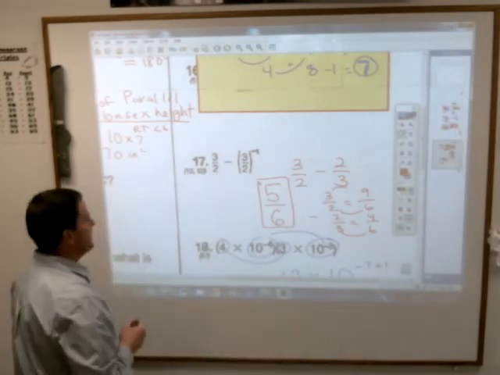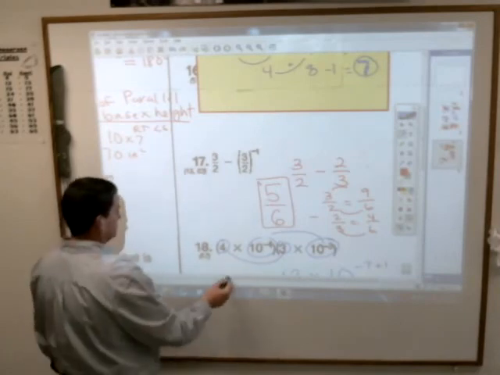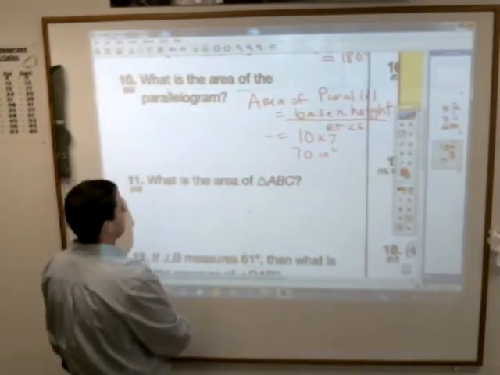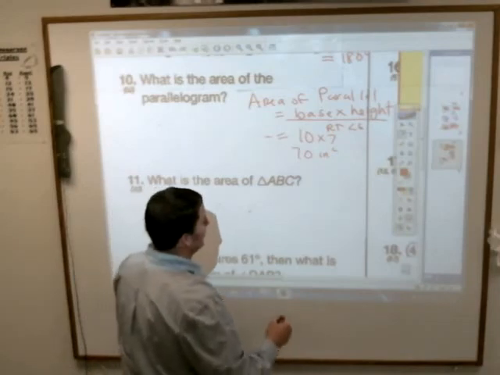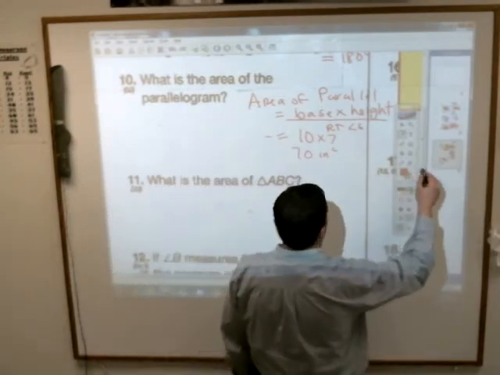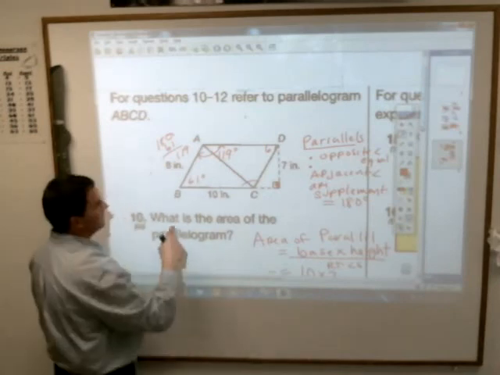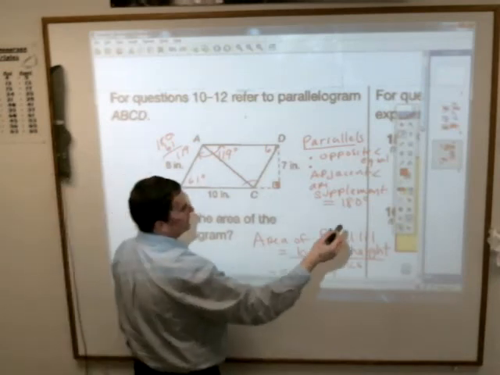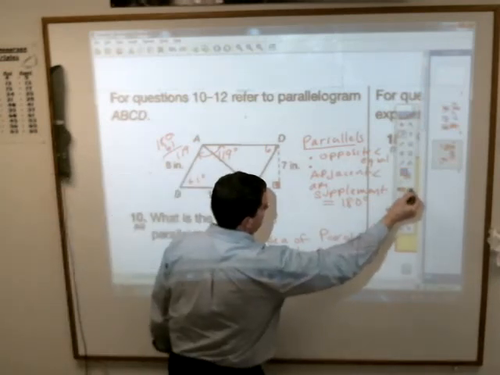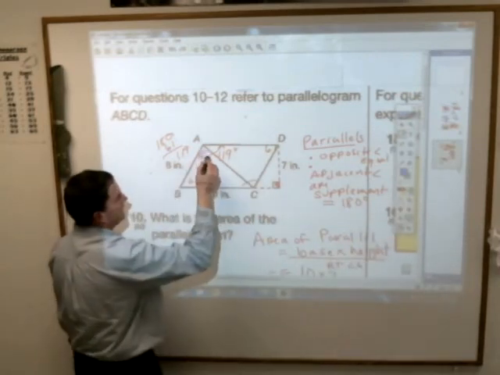Nikki Scala, what do you got? I'm confused on number 11. Like back to the whole parallelogram. What is the area of triangle ABC? Okay, well, here's the deal with this, and that's a good question because I can see how you'd be confused. Here's triangle ABC,